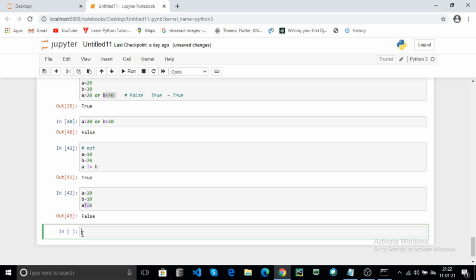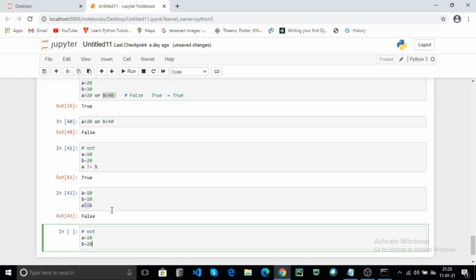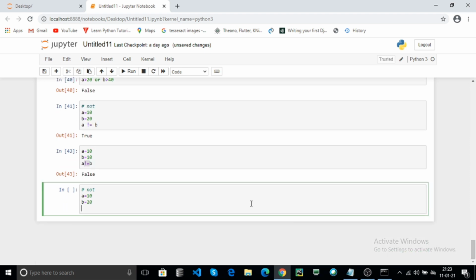Now I explain the not logical operator. For example, A equal to 10, B equal to 20. Here the condition is A is greater than 20. The condition is false.